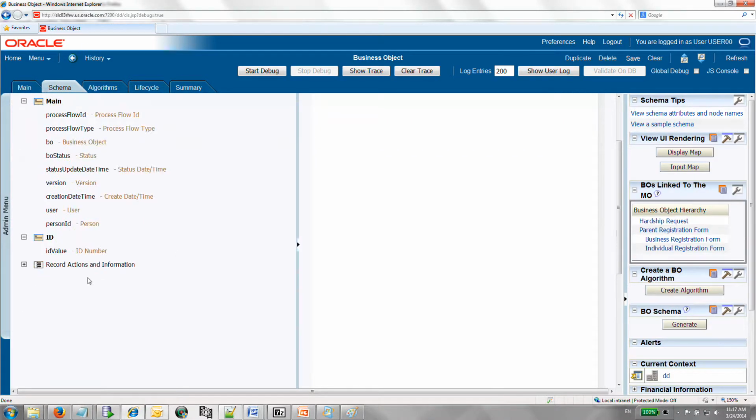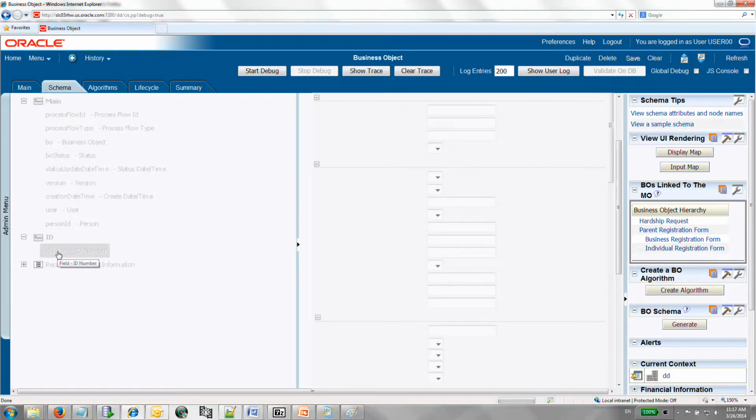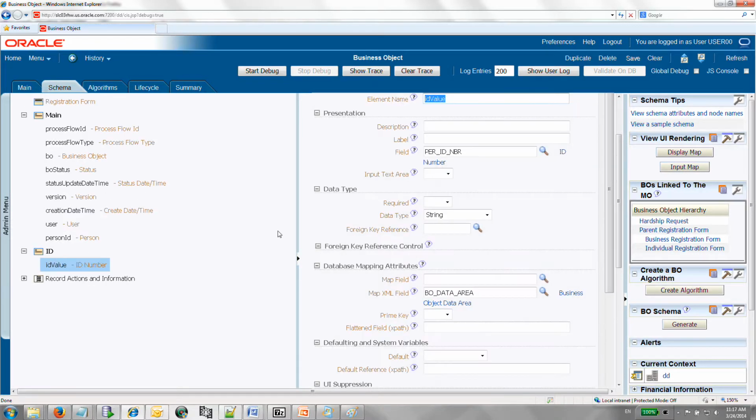And you will see that I've added in a section called ID and has an ID value. And the ID value, again, is a CLOB field, and it's the person ID number, which I have here. So that if I actually now create a new registration form, well, before that, there's another thing that we will